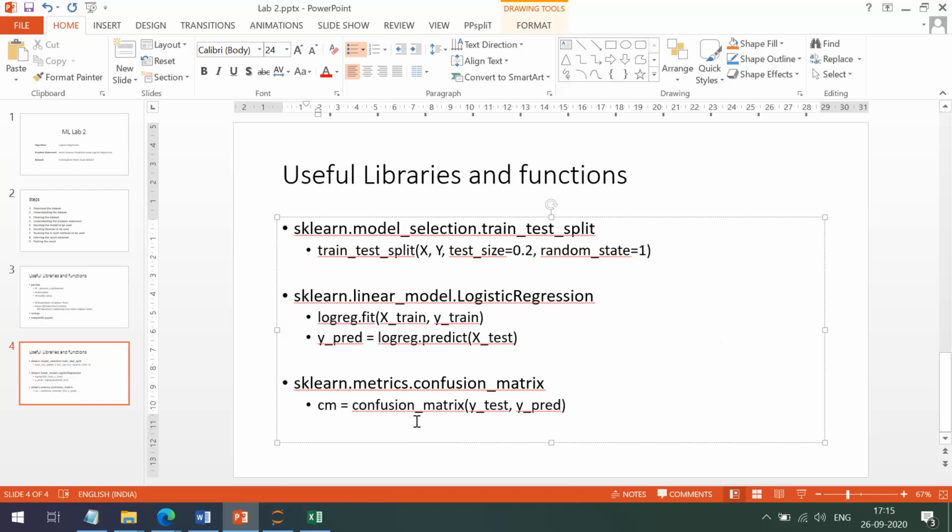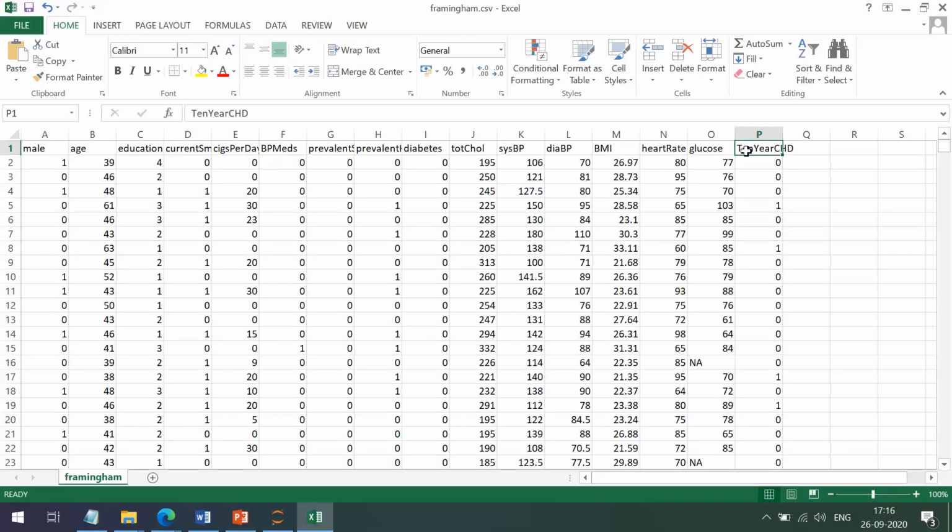Generally for such classification tasks we find out the confusion matrix. What is a confusion matrix? Let me show you the data in our TenYearCHD column. We have 0s and 1s. 20% of this data will be there in y_test.